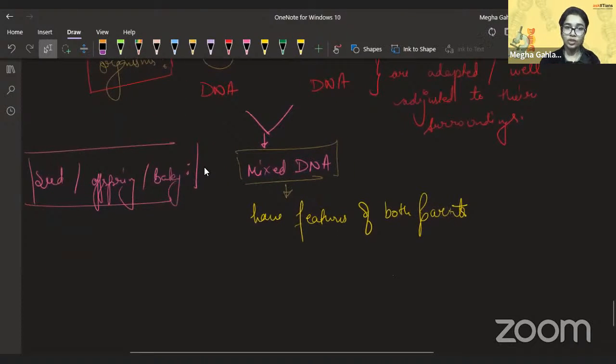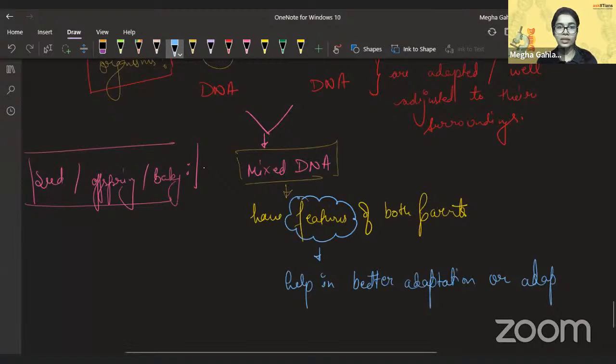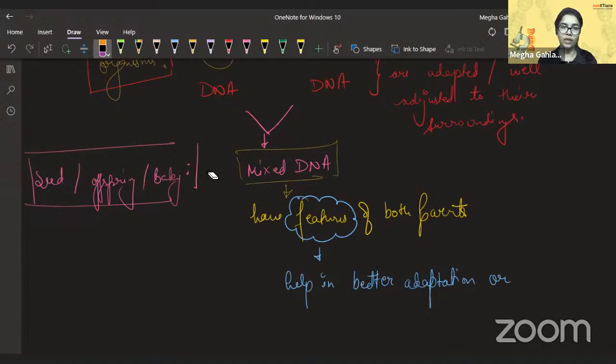And these features help in better adaptation, or adaptability, or let's say adjustment, if that's the easier word,